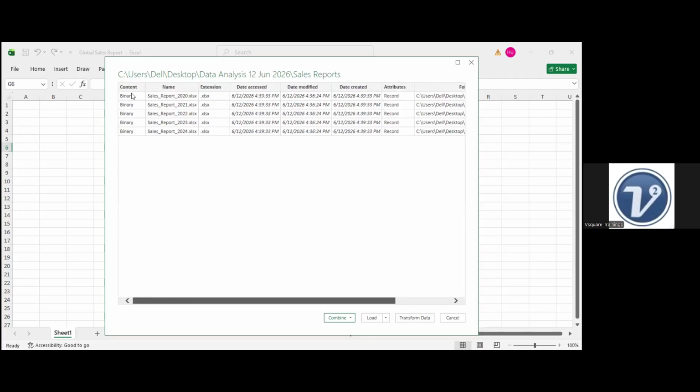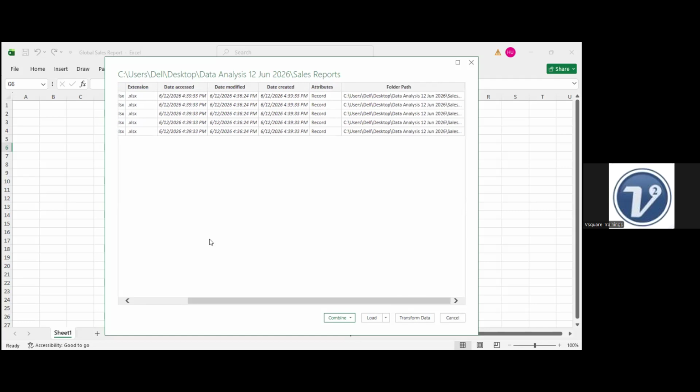Can you see these files? 1, 2, 3, 4, 5: 2020, 2021, 2022, 2023, 2024. Then you have an option here at the base where we say Combine. Combine and Transform. Now, because I want to combine all this,